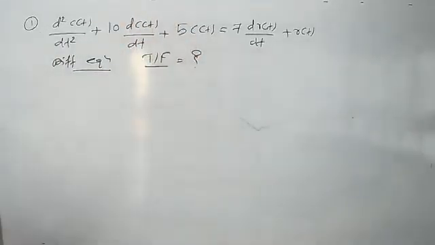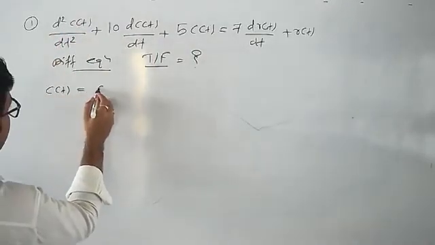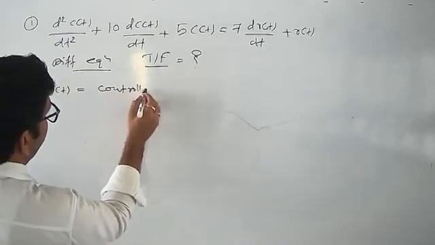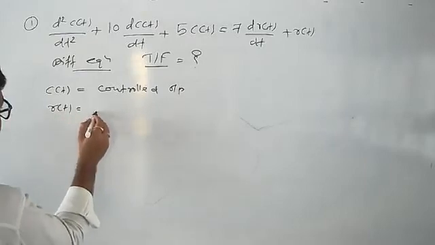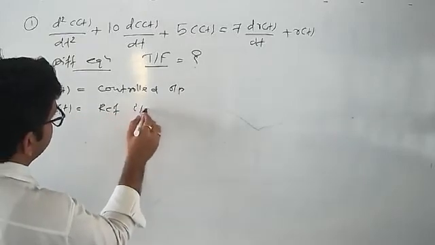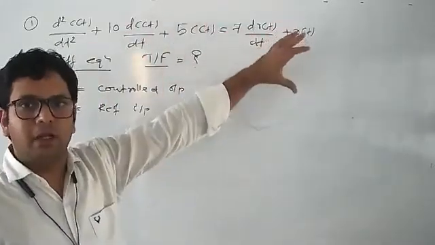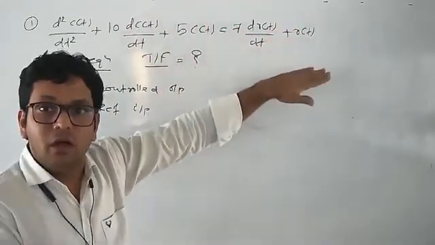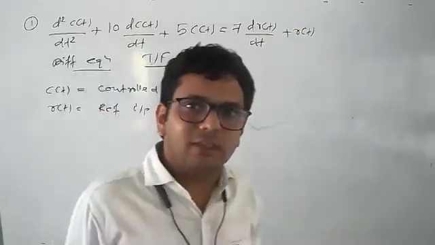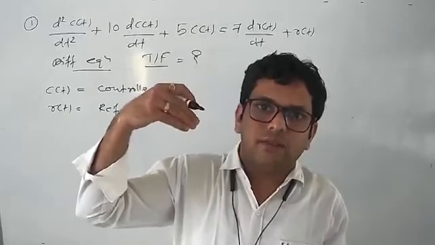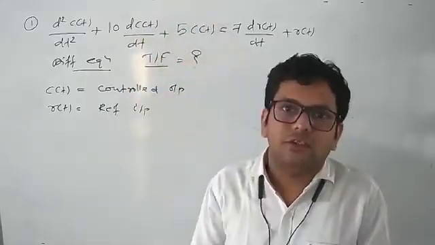अब इस equation को अगर आप गौर से देखोगे, so here this c of t indicates the controlled output of the given system, and r of t indicates the reference input, and this indicates the overall mathematical modeling of our given system in time domain. So as I told you, transfer function is nothing but the Laplace transform of the ratio of output to input, by assuming all initial conditions to be 0.